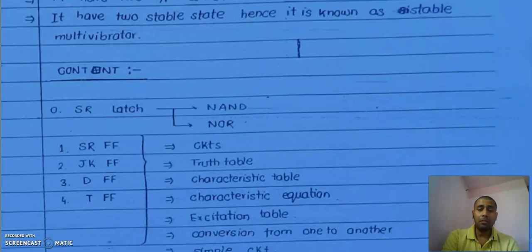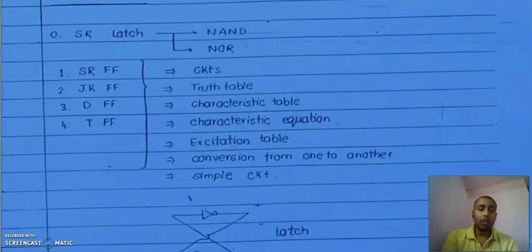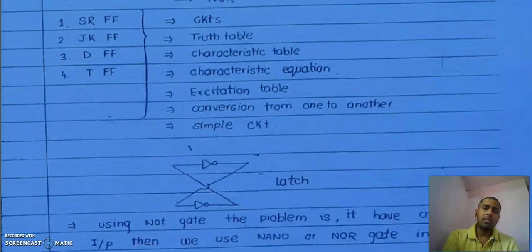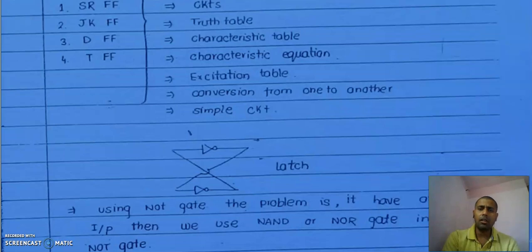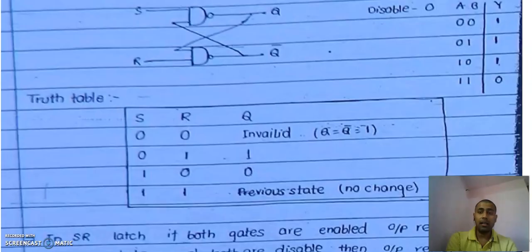Let us start with a simple circuit which is developed by the NOT gate. This is the latch using the NOT gate. But the disadvantage of this latch is that it does not have a control unit, that is, only one input, so it cannot be controlled. So instead of using the NOT gate, we will use the NAND gate and the NOR gate. So let us start the topic with the SR latch using